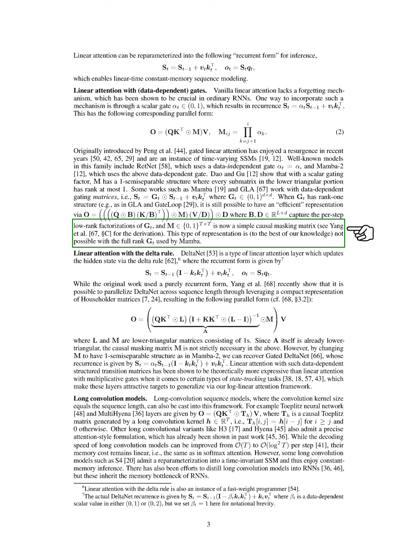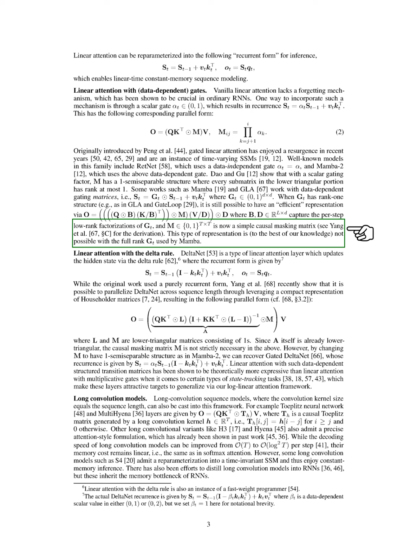Section: Linear attention with the delta rule. In this section, we discuss linear attention using the delta rule, specifically through a model called DeltaNet. This model updates its hidden state based on the delta rule. While the original version was purely recurrent, recent advancements allow us to parallelize DeltaNet across the sequence length by using a compact representation of Householder matrices. This leads to a new parallel form.